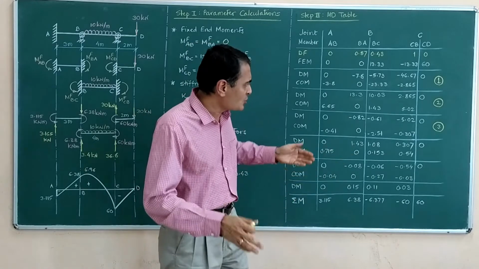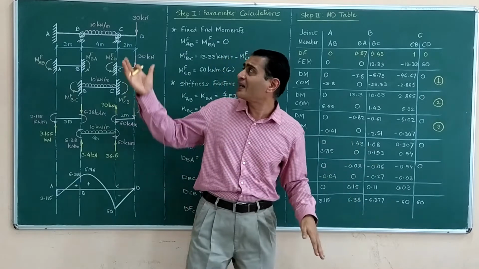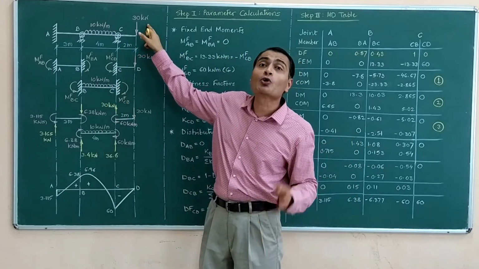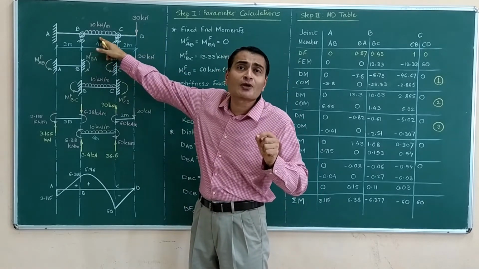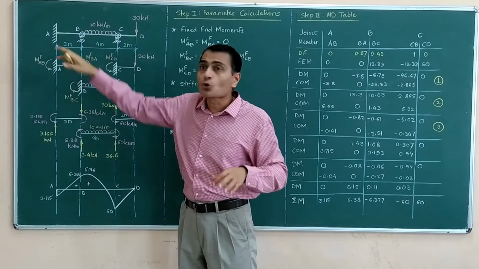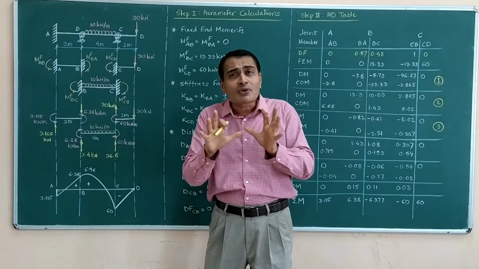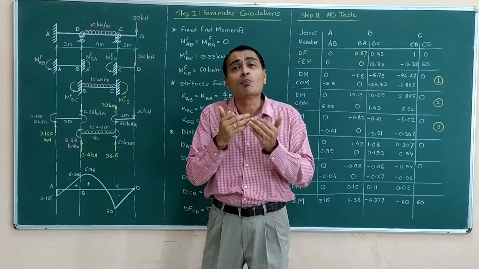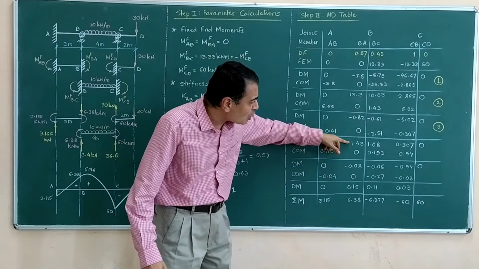So great, since we have not yet reached the balance, the reason could be that there is an overhang, and more than that, there is a heavy point load at one end, whereas relatively a smaller distributed load on the middle span, absolutely no load on the first span. So because of this kind of imbalanced loading, it is possible that we may require more cycles of iteration. So great, I do not stop here.